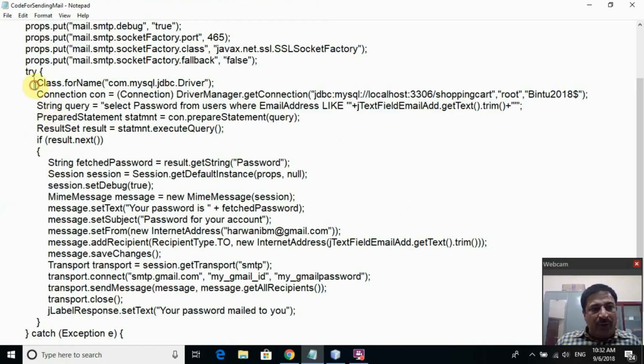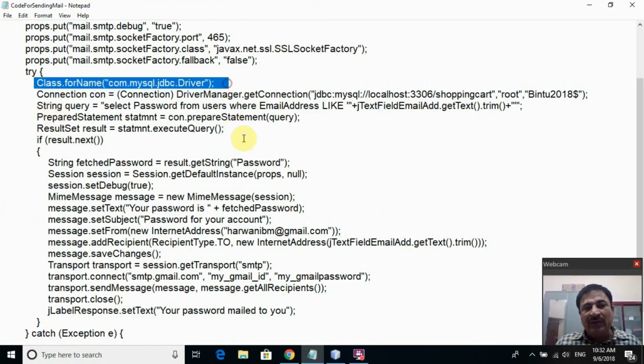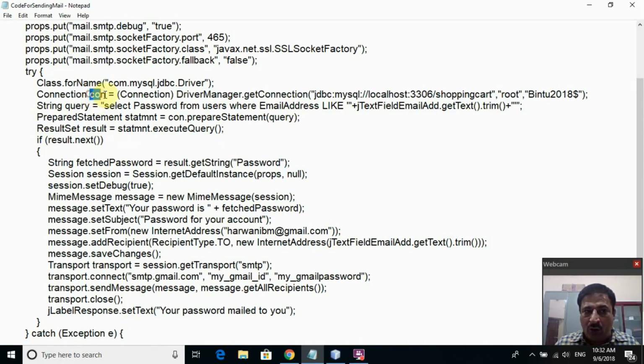So from here, what you are doing, you are loading the driver. You are loading the MySQL database driver, because it is through this driver that Java will communicate with MySQL. After that, the next step is to establish the connection with the MySQL database. So you are creating an object con of Connection class, and you are telling it to please establish the connection with the MySQL server, which is on localhost, which is on this local machine. If this MySQL server is on some remote host, you have to specify the IP address of that host, right?